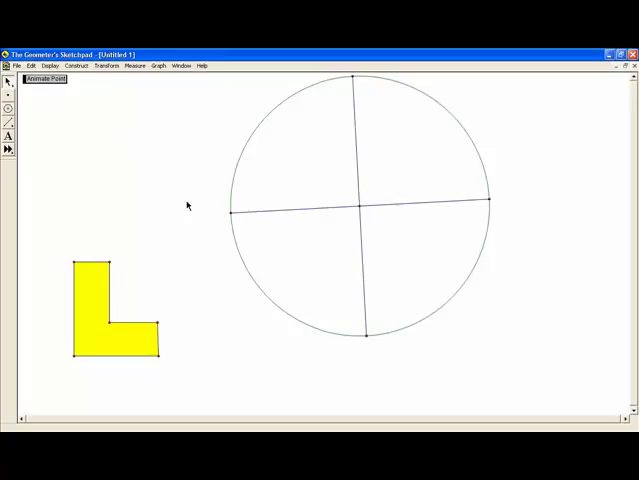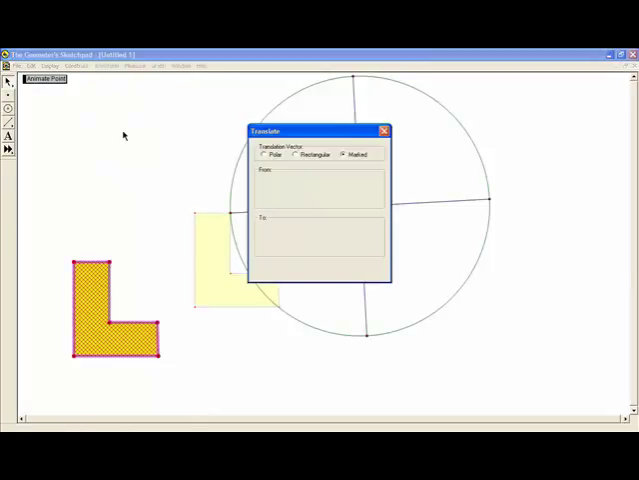We now need to attach the seats to the Ferris wheel. Begin by clicking the point on the top right of the seat and then one of the points on the Ferris wheel. From the menu, go to Transform and Mark Vector. Now we are going to select the entire chair,